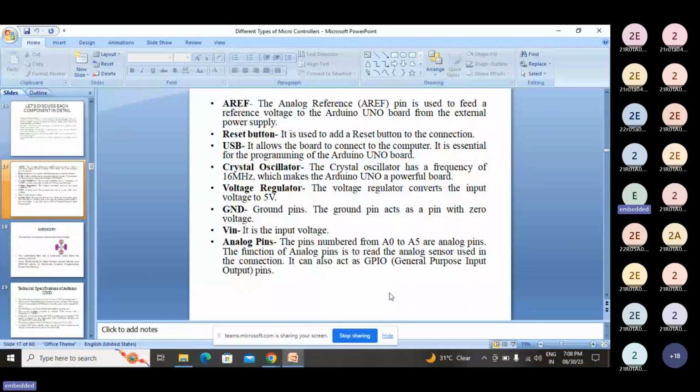Reset button. It is used to add a reset button to the connection. USB. It allows the board to connect to the computer. It is essential for the programming of the Arduino Uno board. Crystal oscillator. The crystal oscillator has a frequency of